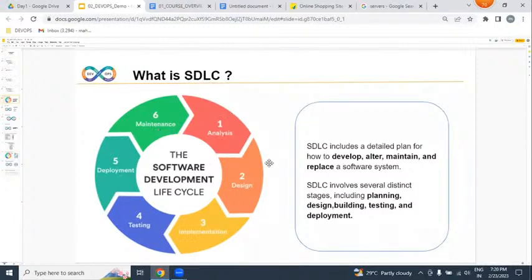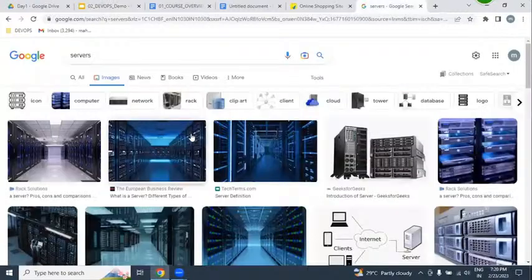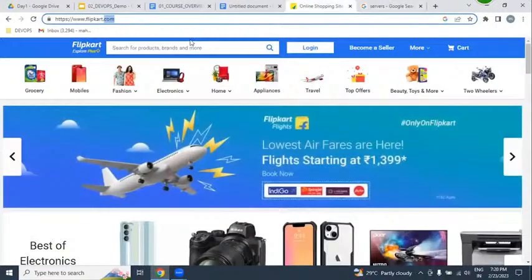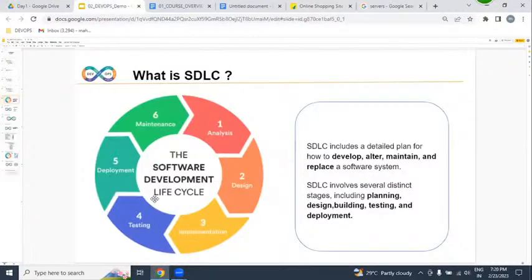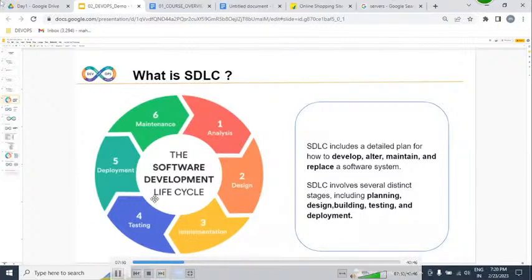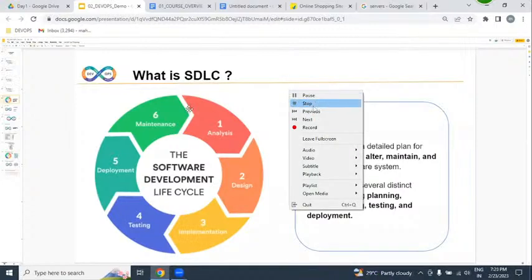These are all the stages we have. With the help of SDLC, we can produce an application. That application we place on the server side, then we access it as a website. So by using SDLC, we can produce software to do business on the internet. So, for example,